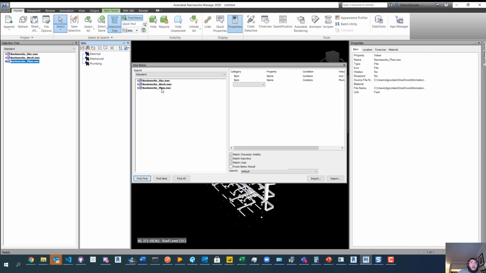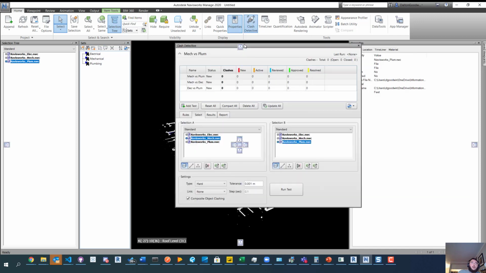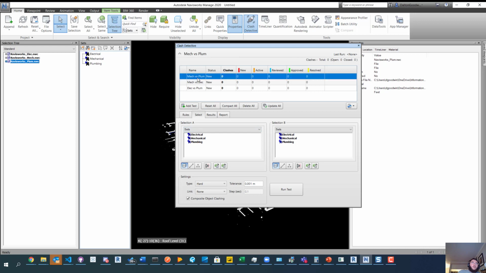So there you go. We've got our sets, and now if we close this and jump back to clash detection, and we drop down this drop down here, we'll see sets as an option now. So instead of using the files, we can just use the sets, which searches for the file name. So we could actually grab